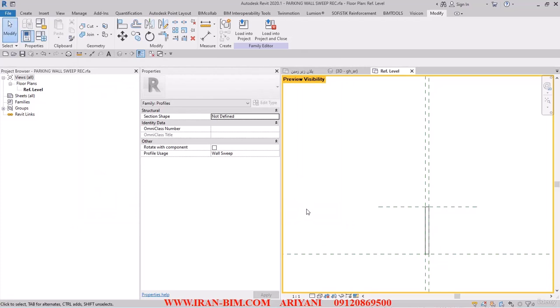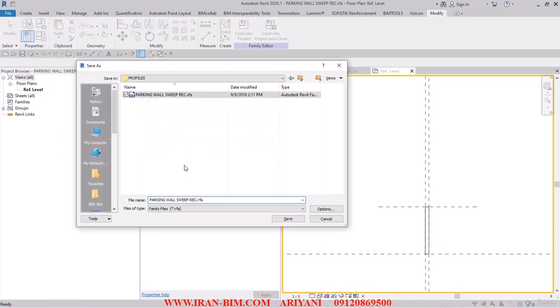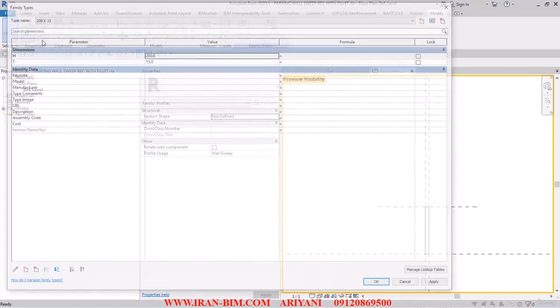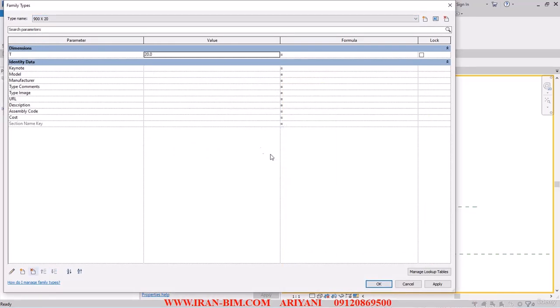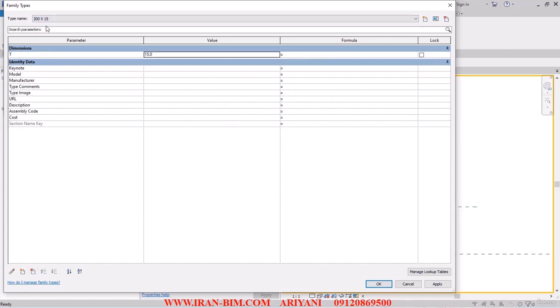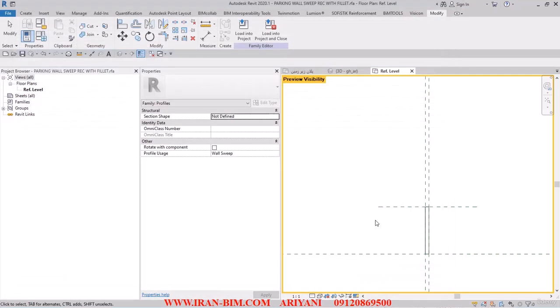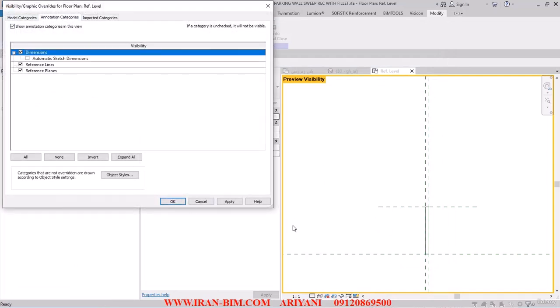Then I save it. So in the file section, I'll get a save as and put it in the family and I'll edit the name to with fillet. After I've done that, I'll just have to save it and there we go. I pull up the modify section and then I'll delete the 900 one because we don't need more than one. Then OK here. And then I'll go to the preview section and I'll put this one on active dimensions and